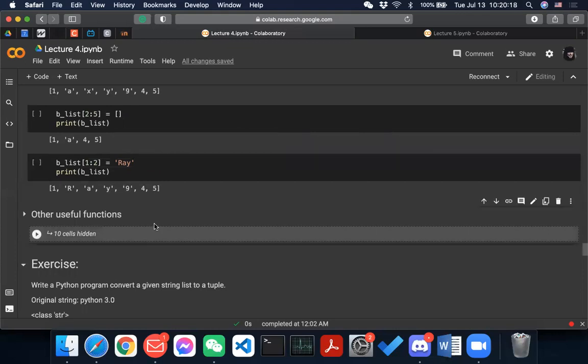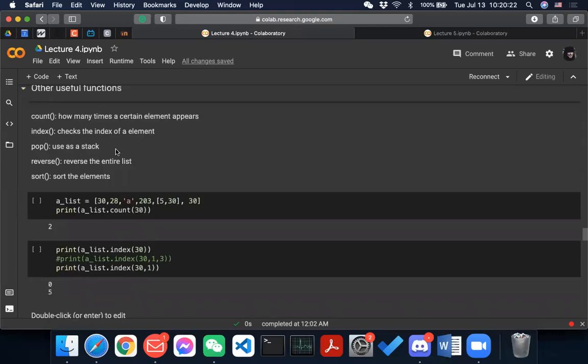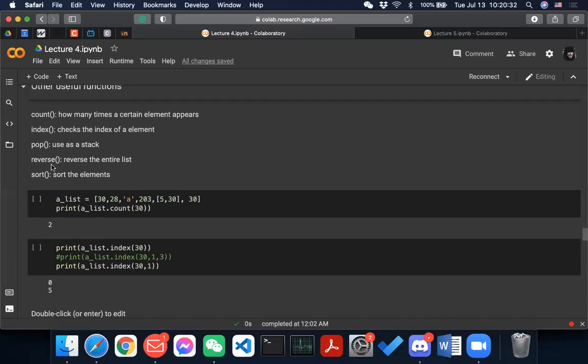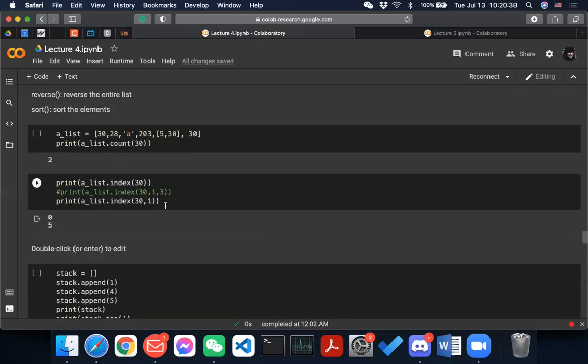So yeah, other useful functions, count just means how many times one variable appears. Index checks the index of an element. Pop uses a stack. Reverse, you can reverse the entire list. And sort just means sort the elements. All right.